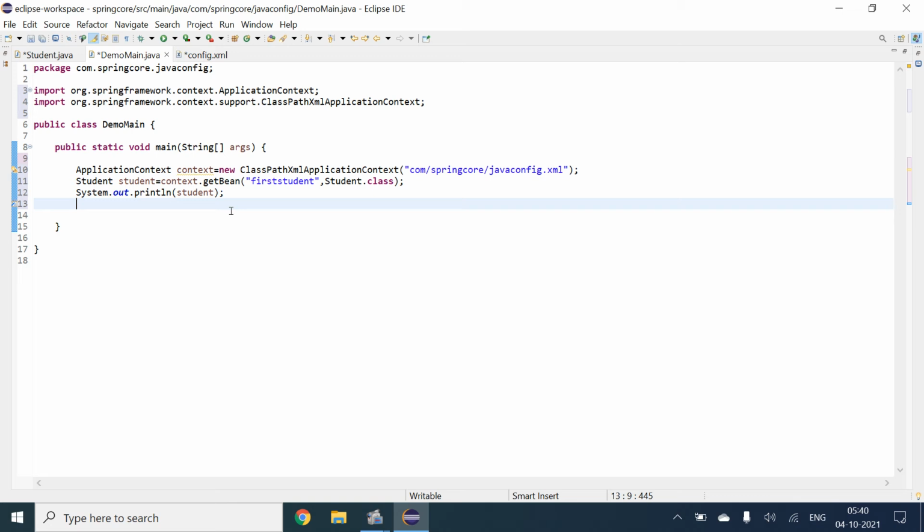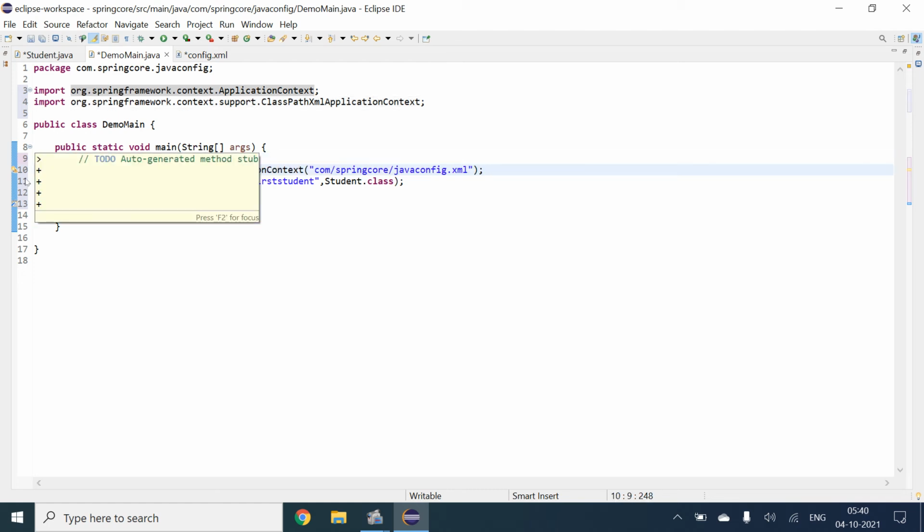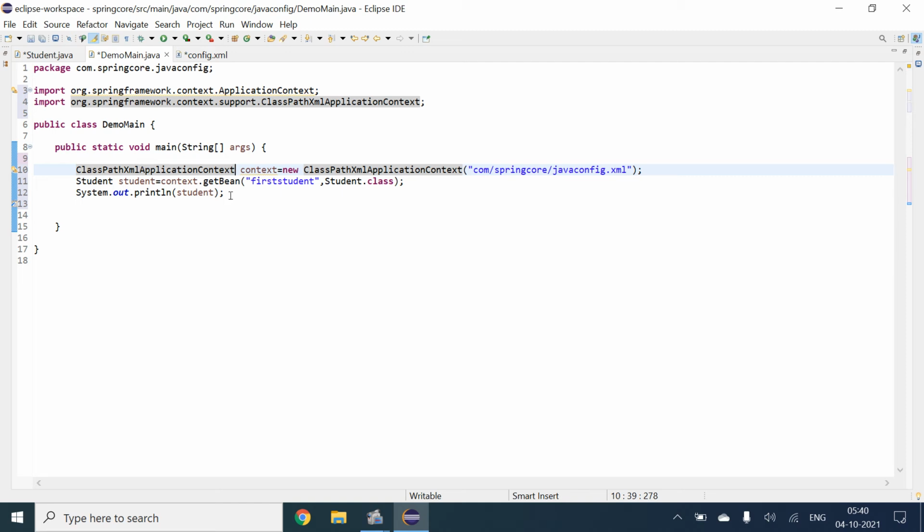So basically we will close the context here, and we will copy this. And then after this we have to give the closing statement of context.